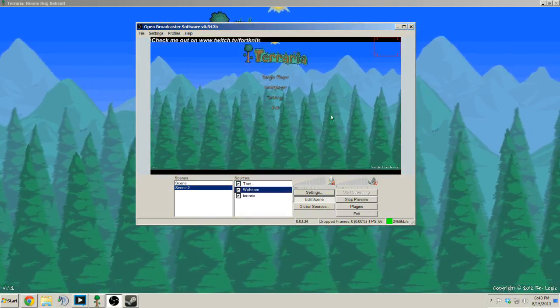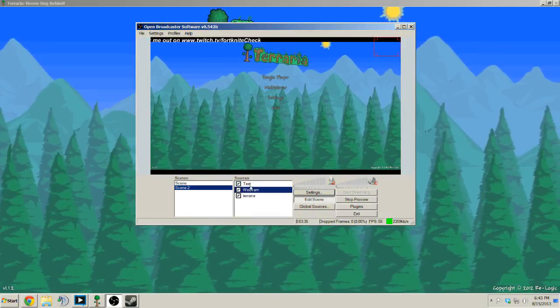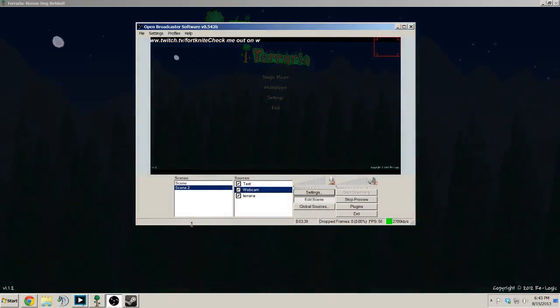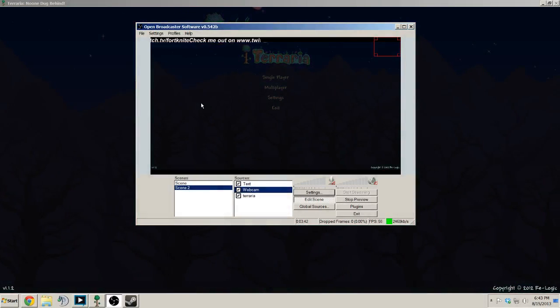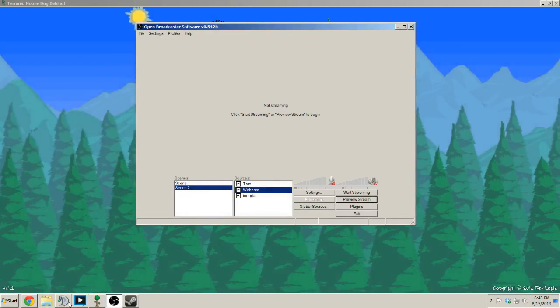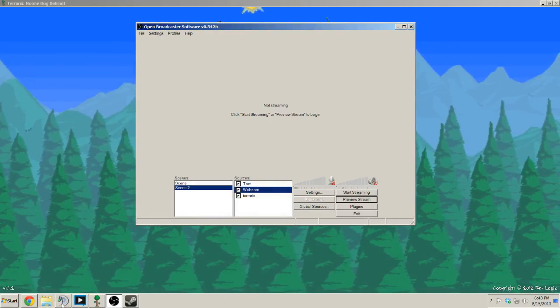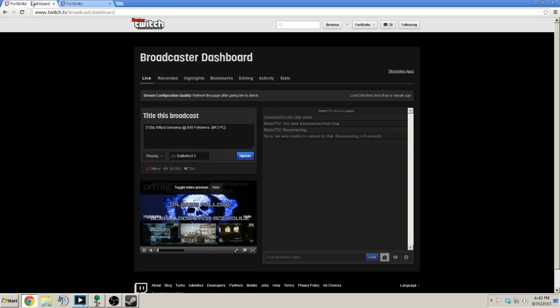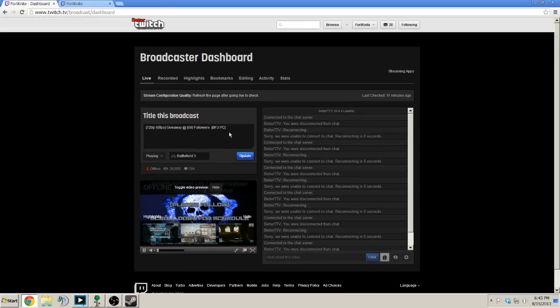So you have your webcam, even though it's not showing it. You have your text, and that's pretty much it that I can show you at the moment for how to get a little OBS thing going. All you do is after you're ready, you got all that going, you would just hit start streaming, and then check out your Twitch page. Here's going to take me to my channel. Or you can actually do it from your dashboard. Dashboard's easier because